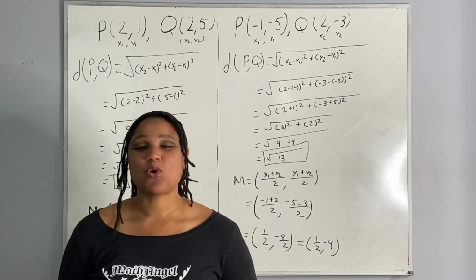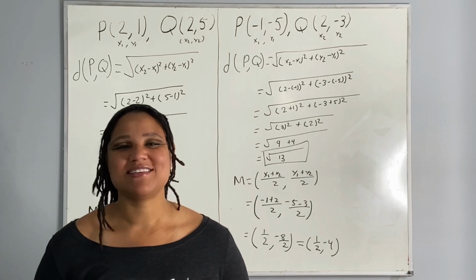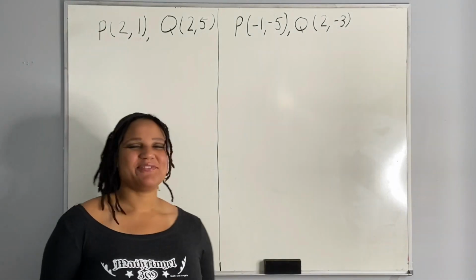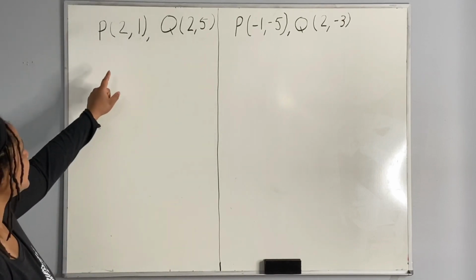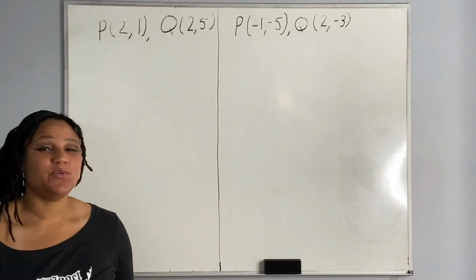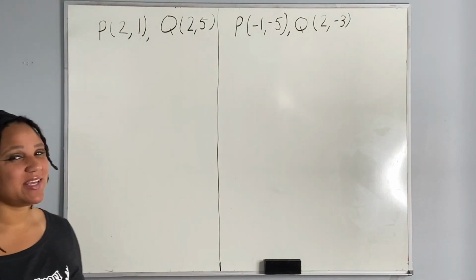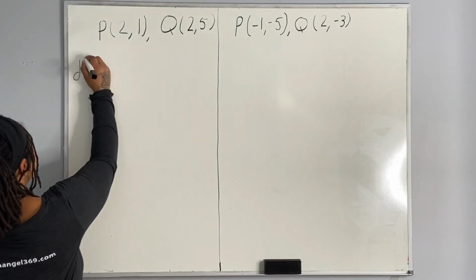In this video, we are going to find the distance between 2 points and the coordinates of the midpoint. Let us look at our first problem. So we have a point (2, 1) and a point (2, 5), and we want to find the distance between the 2 points. So the distance formula, we have the distance